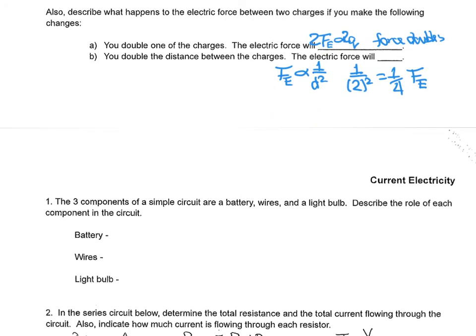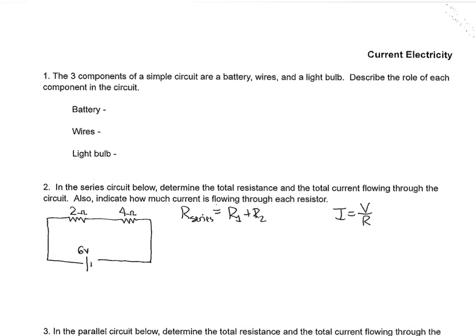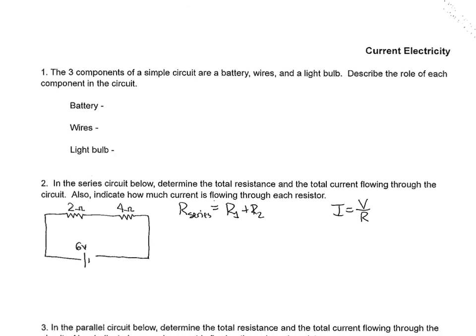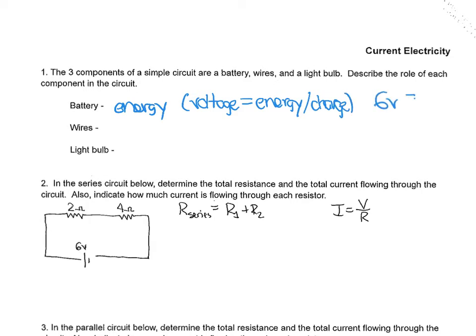Onward to current electricity. All right, we'll show these two here. So 3 components of a simple circuit: battery, wires, and light bulb. So our battery, hey, that's our source of energy. So that's where we get our energy from. But that's the energy for the circuit. Okay, and we know that commonly as voltage, where the definition of voltage is technically the amount of energy per charge, right? 6 volts just means that we're going to give 6 joules of energy to every 1 Coulomb of